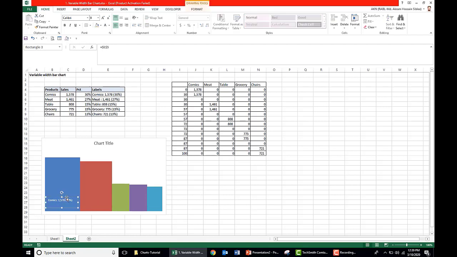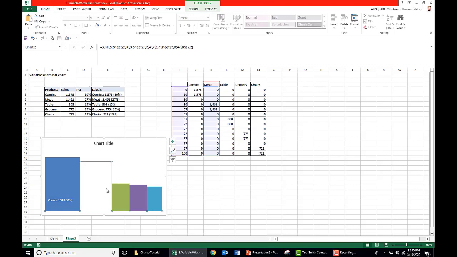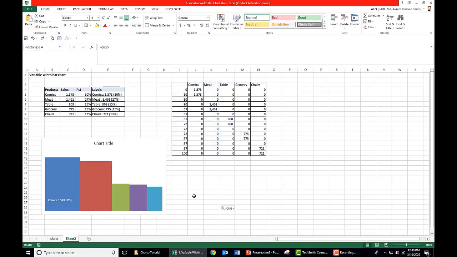Now copy this rectangle, paste it outside, and place it here. Now change the cell link. For comics this is E5. Now we change to E6 for the meat, E6, enter. We need to format it again, so we can select this format and apply it here.